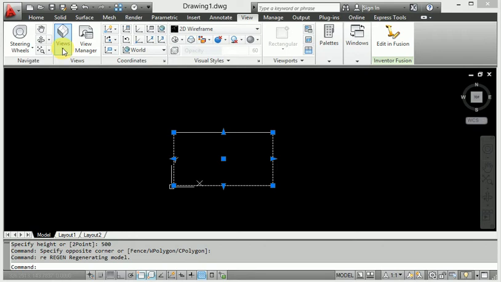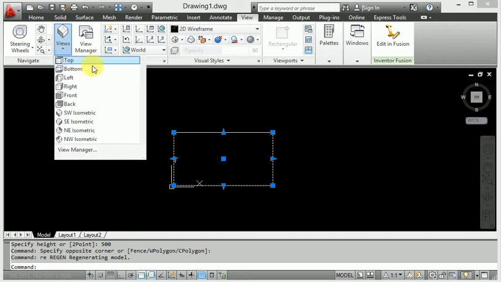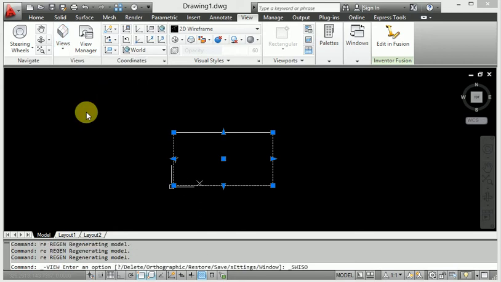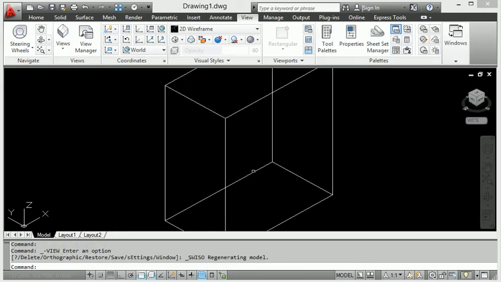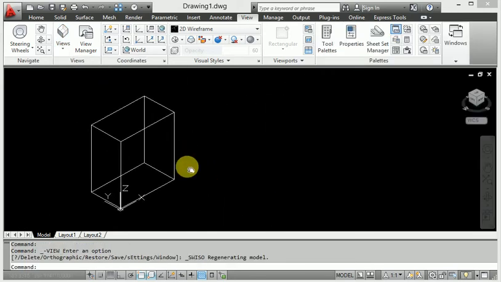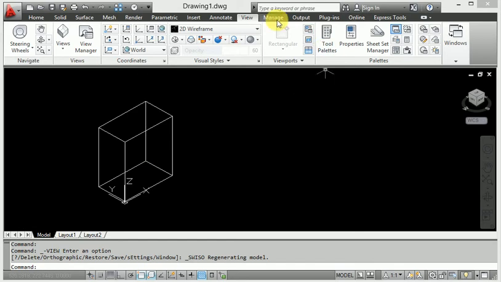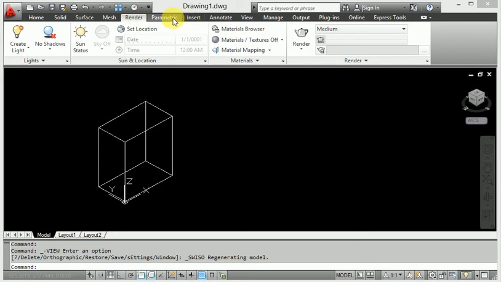When I enter the view orientation, here is the top view, bottom view, left, right, front, back, isometric. When I get the isometric view, this box changes from this isometric view.